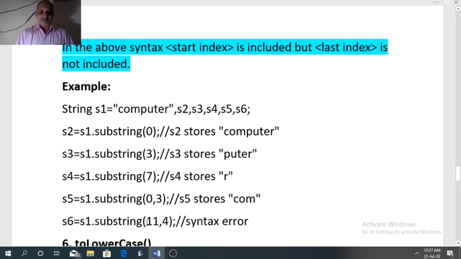Now if you enter 11 and 4, where the starting index is 11 and the last index is 4, here it will give an error because the string is extracted from left to right. So the left side index should be smaller than the right side index. That is why it will give an error here.